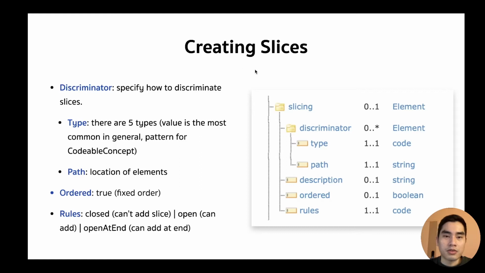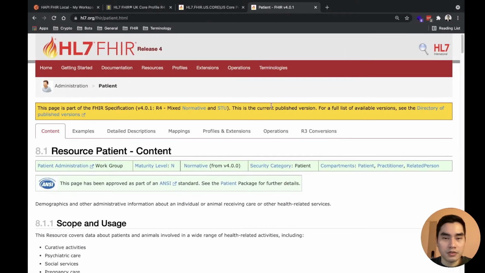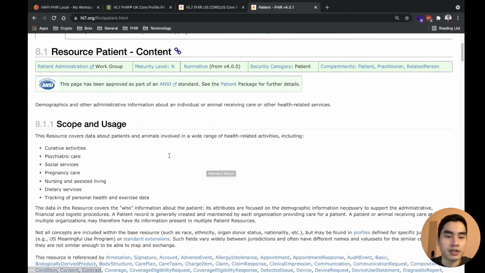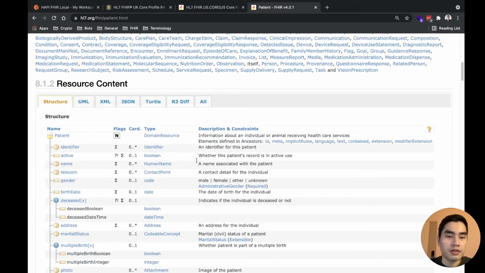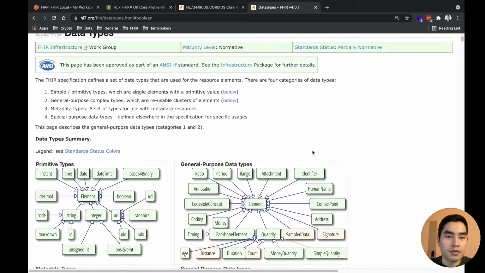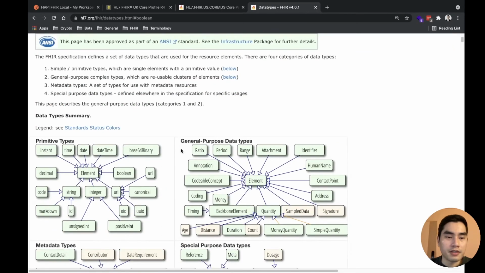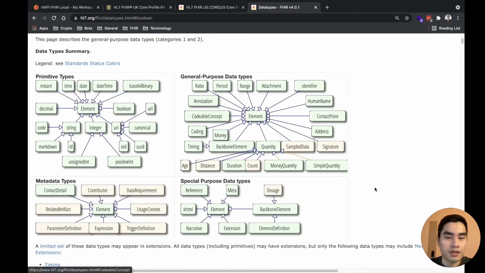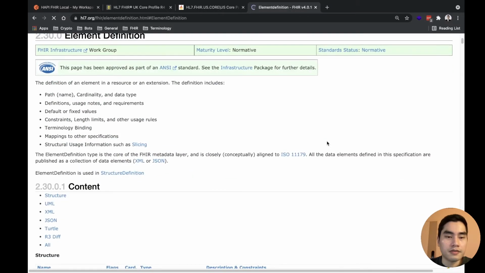So how to create a slice? There are these things that you can configure when you create a slice. Where does this come from? So let's say you are in this page and okay, maybe you click here, Boolean. You will see this data type page and you will see this element definition.